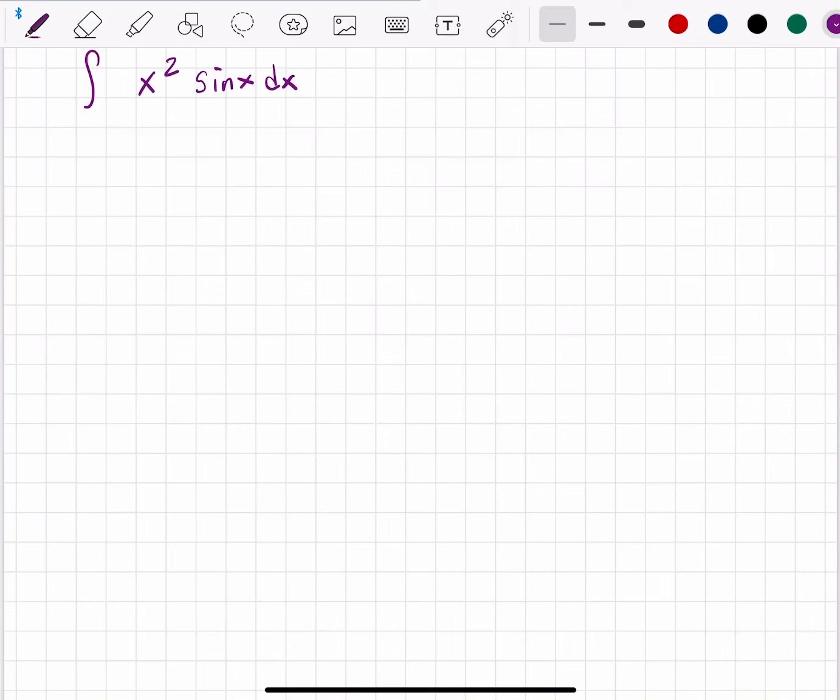Let's continue section 3.1, integration by parts, more examples. So here I have the integral of x squared sine of x dx. For this one, we have x squared, which is a polynomial function, and sine of x, which is a trig function. So according to the rule, we are going to let u